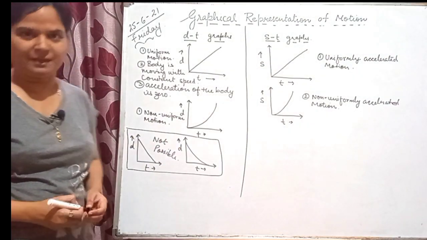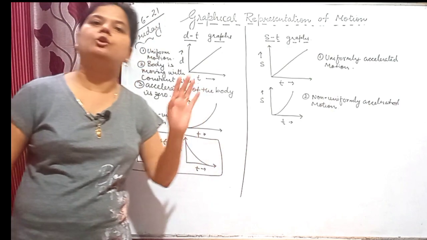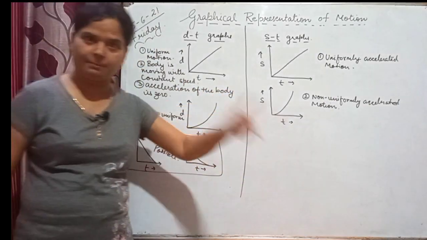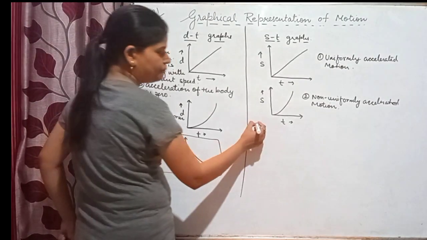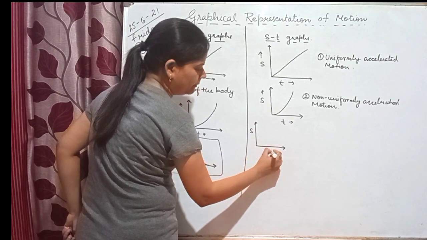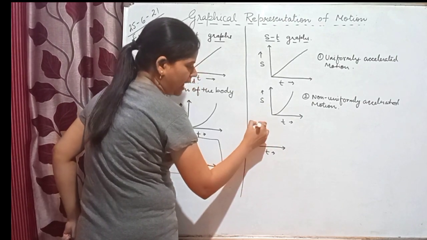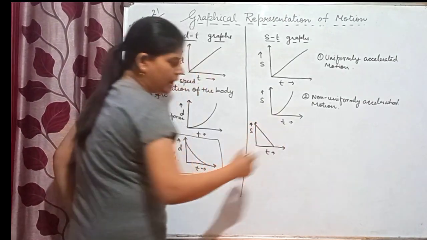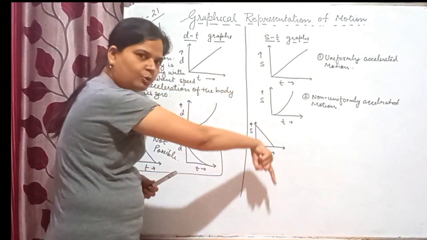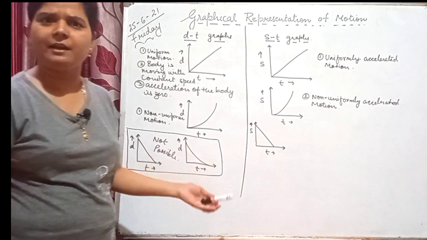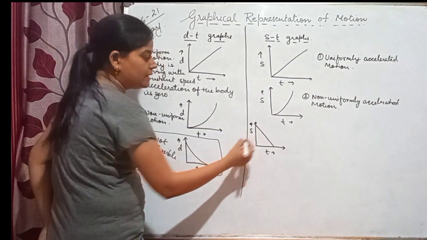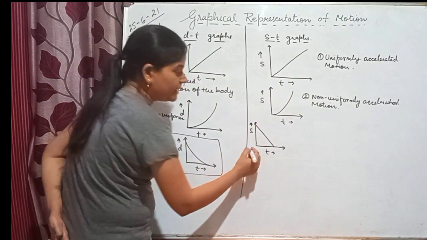Yes, for displacement time it is possible, but right now we are talking about distance time graph, so it is not possible. But for speed time graph, what will we see? If we have a speed time graph with a straight line coming down, this is saying that the speed is decreasing uniformly with time. The speed can definitely decrease. If we want, we can decrease the speed of the body. So that means this graph is representing